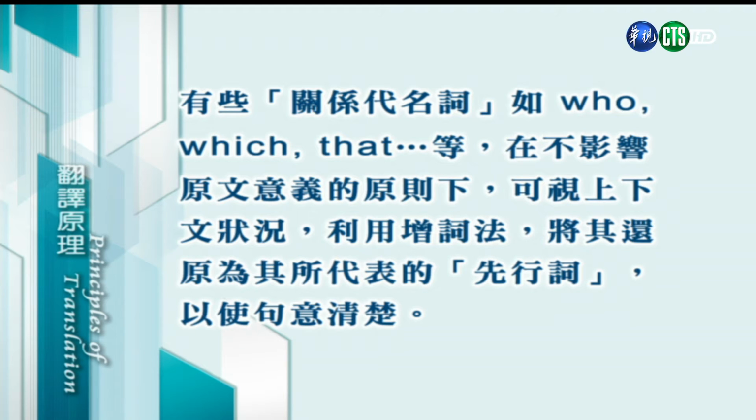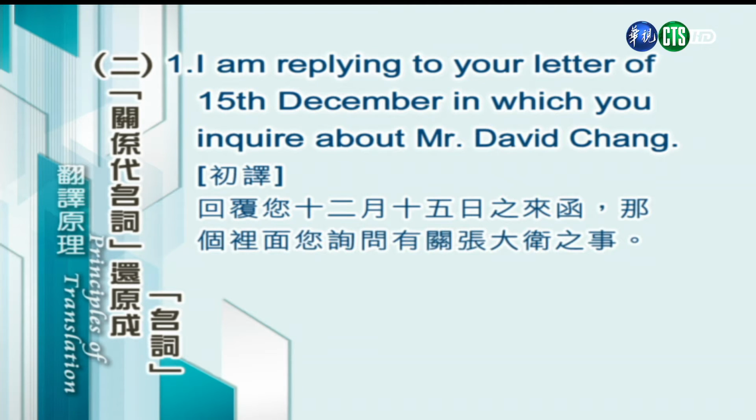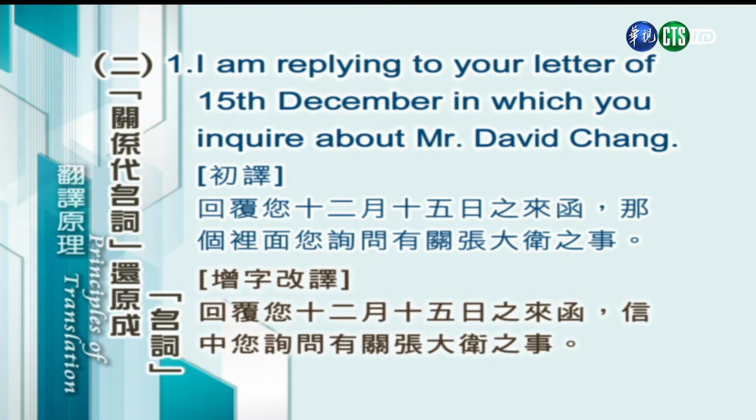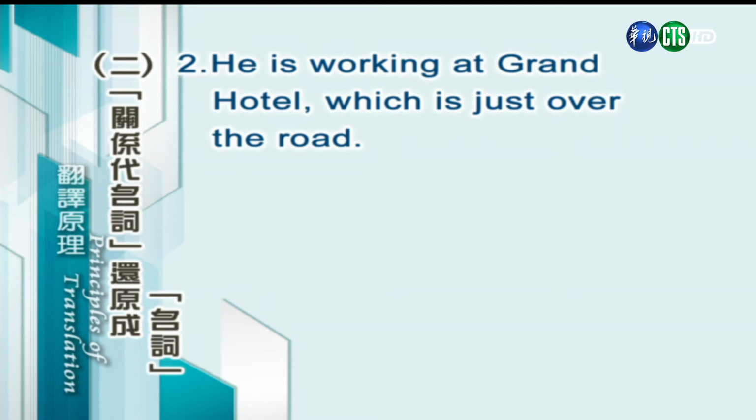who、which、that 等，在不影响原文意义的原则下，可以视上下文状况，利用增词法，将其还原为其所代表的先行词，以使句意更清楚。第二类的增词法是把关系代名词还原为名词，譬如 I am replying to your letter of 15th December in which you inquire about Mr. David Zhang. 来，我们照字面翻一下，回复您12月15日之来函。那个里面您询问有关张大卫之事，翻得不好，我们增字来改译。回复您12月15日之来函，信中您询问有关张大卫之事。其实这个 which 是指前面提到的 letter，我们用增词法译成信中会比较通顺清楚。